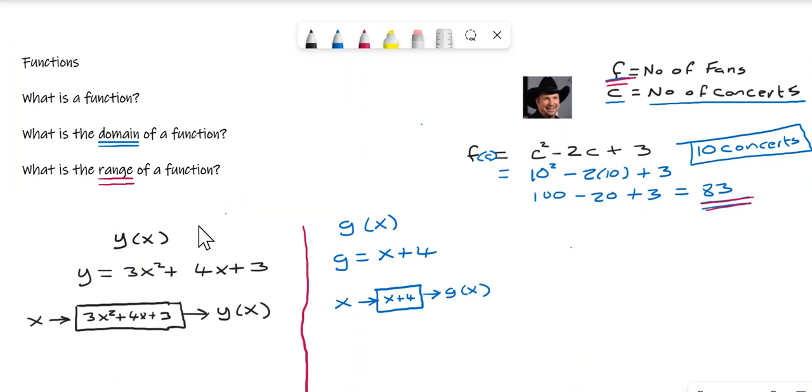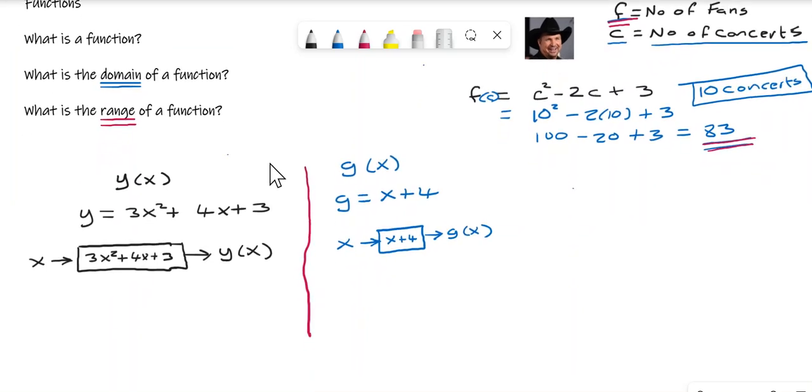functions. So this here is a simple function. Sometimes the functions are represented like this: y(x), so y is equal to 3x squared plus 4x plus 2. So this is a function, and the domain is going to be x. It's what we put into the function, and then the output is going to be f(x), or what's called